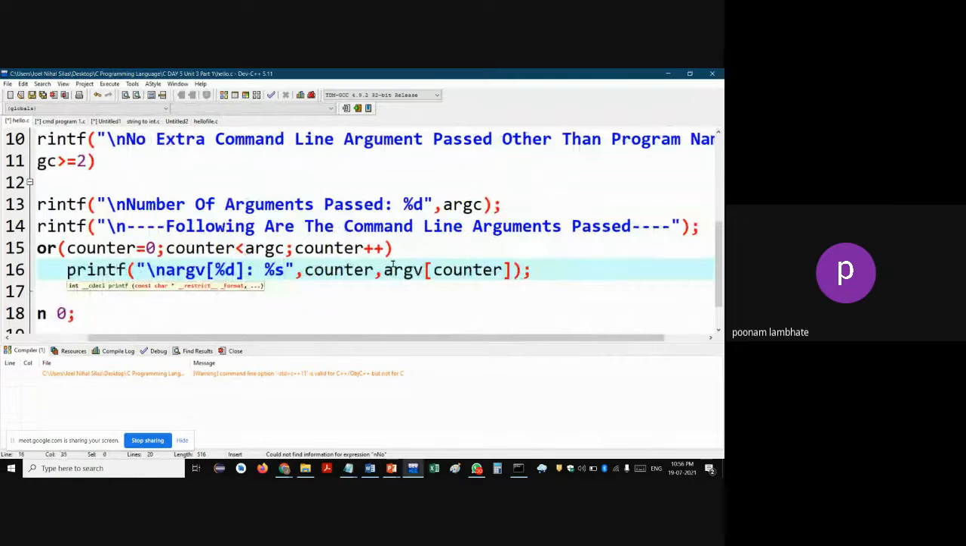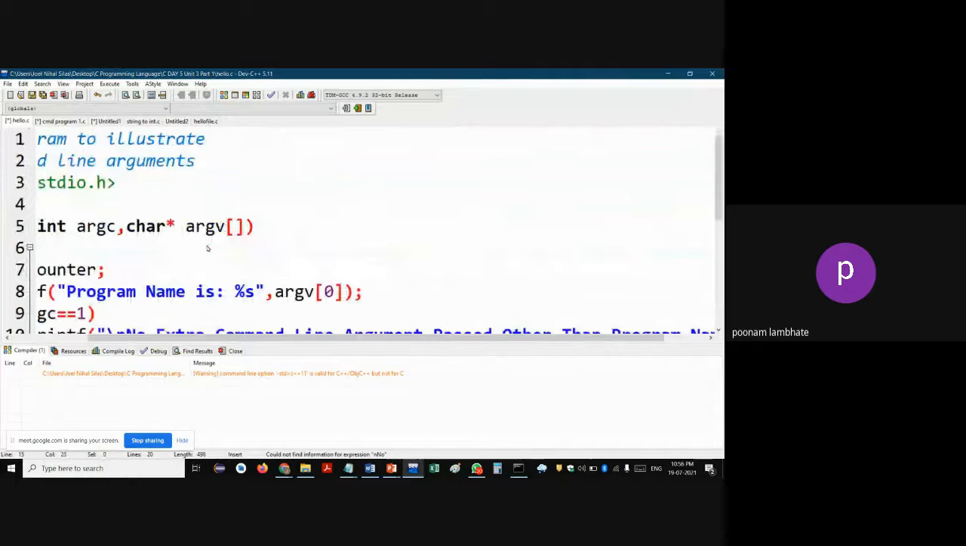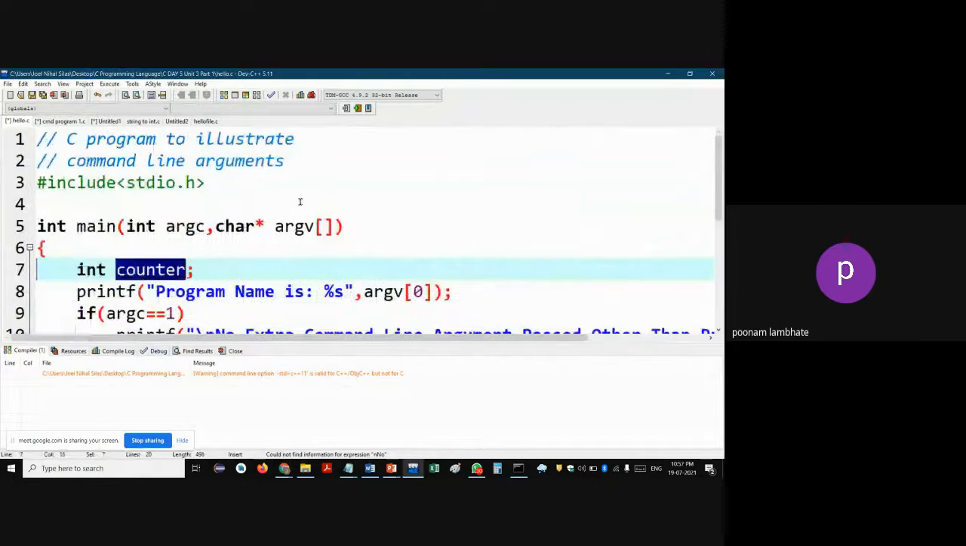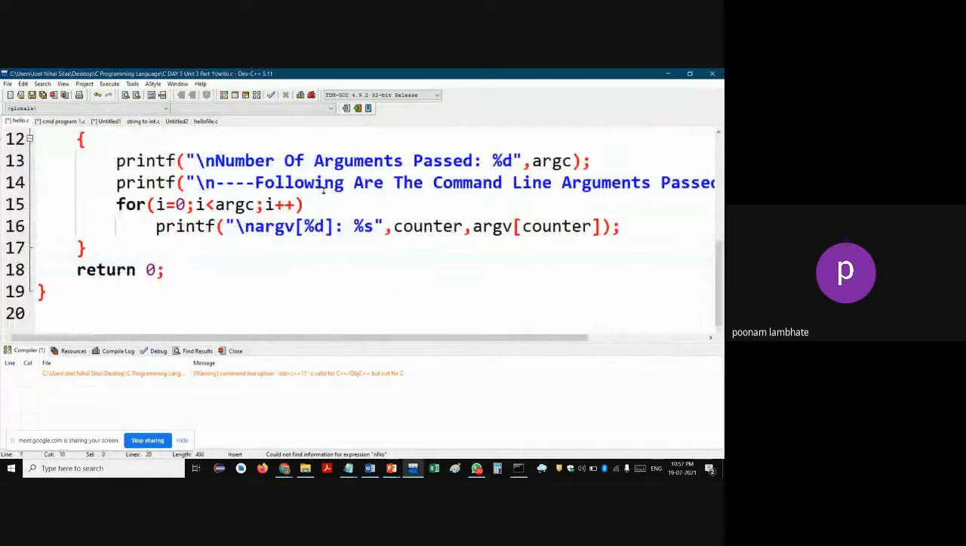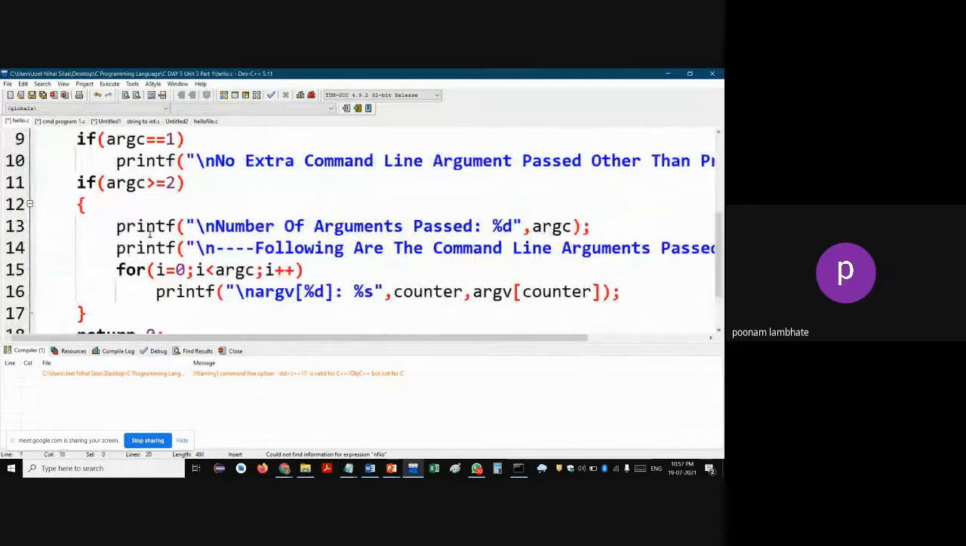You must print out argv of 0, then you must print out argv of 1, then you can print out argv of 2, and so on. So instead of counter, you can simply say i also over here, no problem. And you must declare this i. So int i is the counter variable, and that you're using within your for loop. So when i is equal to 0, what will happen? You will be able to print